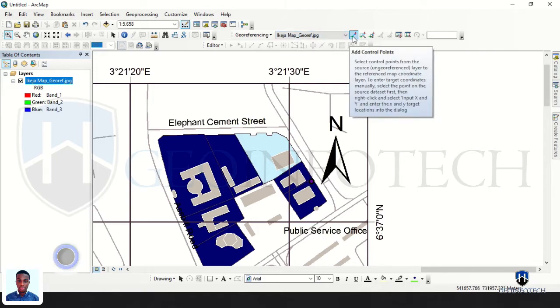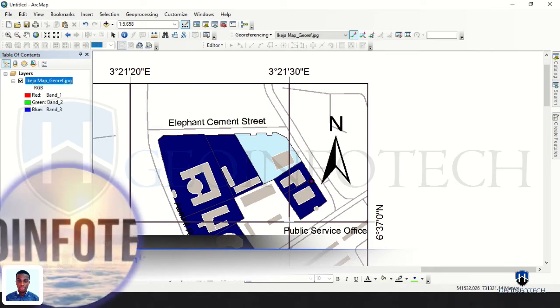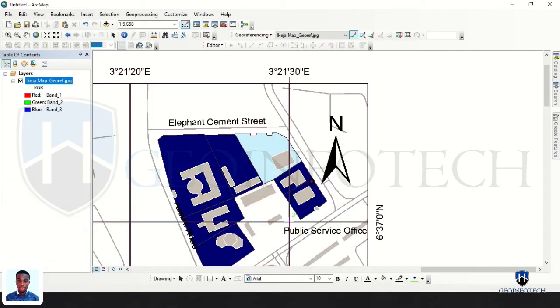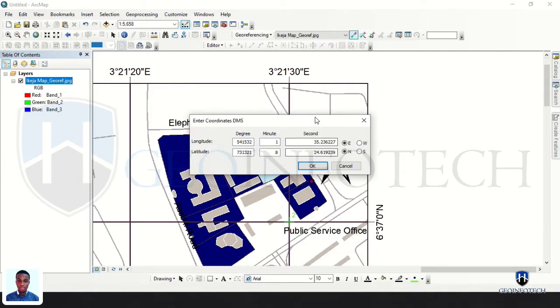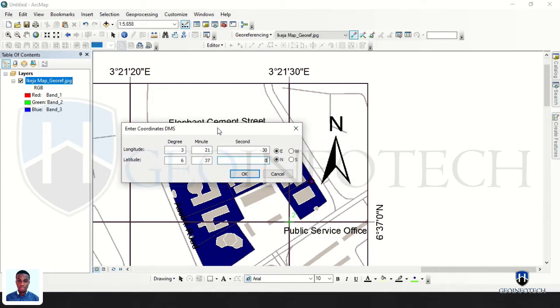So you click on add control points the same way we did the last time. Make sure your plus sign is directly in the middle. You left click, alright, and you right click. Then you click on input DMS of long and lat. For the eastern, remember this is for the eastern, this is for the northern. This is also called longitude, this is also called latitude, this is also called X, and this is also called Y. Alright, so you select 3, 21, and 30. You select 6, 37, and 0. Make sure this is selected as eastern and northern, and review your numbers,